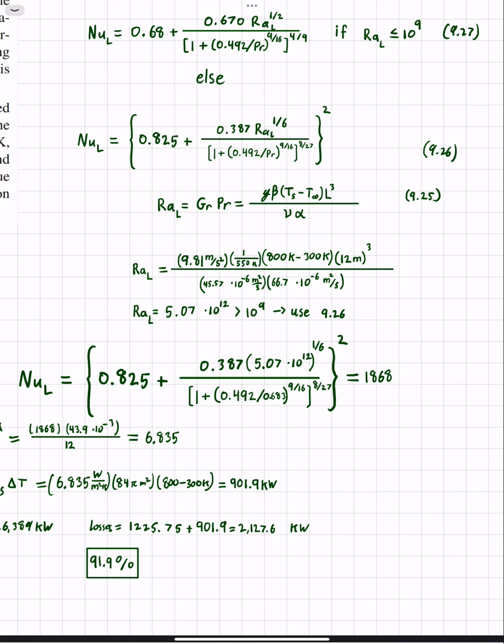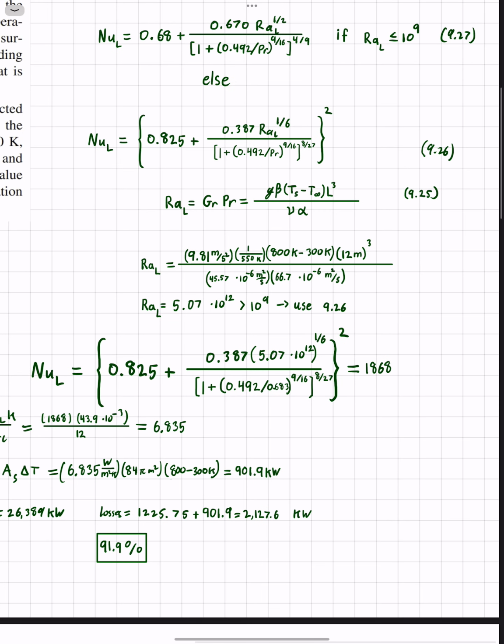And this gives us a Rayleigh number of 5.07 times 10 to the 12th, which is significantly greater than 10 to the 9th, so we have to use equation 9.26. But now that we know that, we can plug in all the values. We have that the Nusselt number is equal to 0.825 plus 0.387 multiplied by the Rayleigh number, which we just